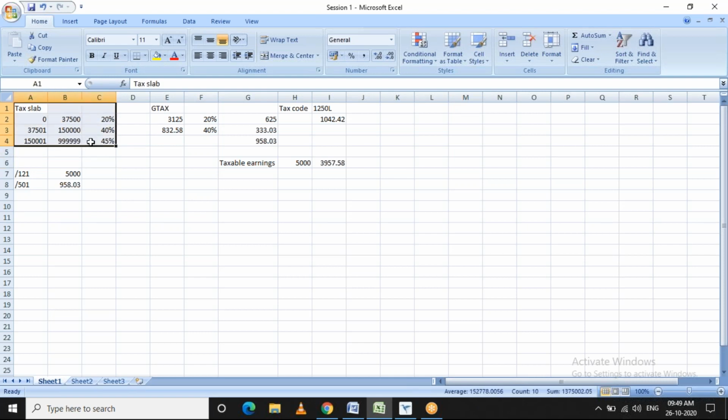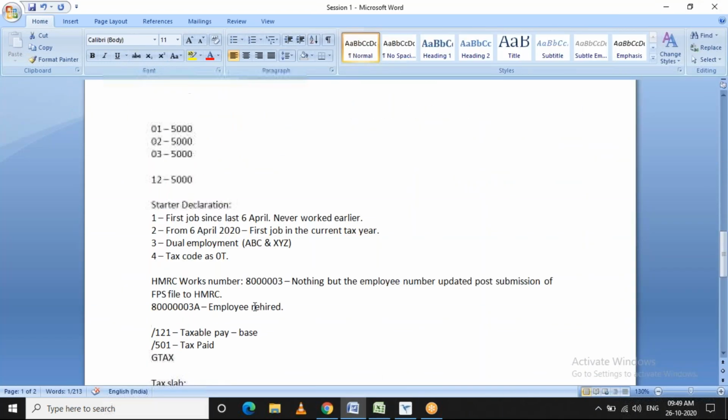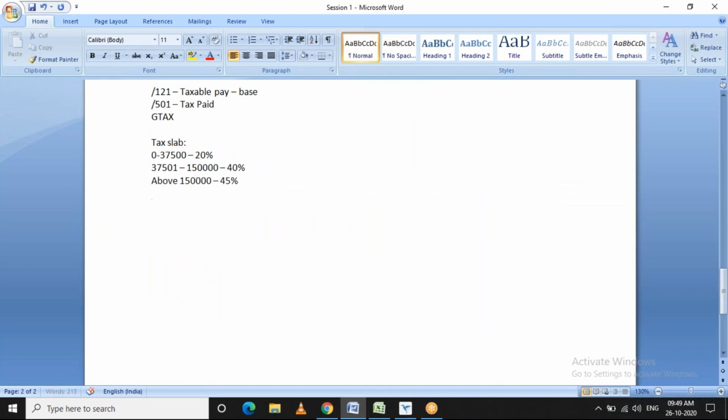So this will keep changing every tax year, and the new slab will be introduced. Okay, yeah, this will be changing every tax year.